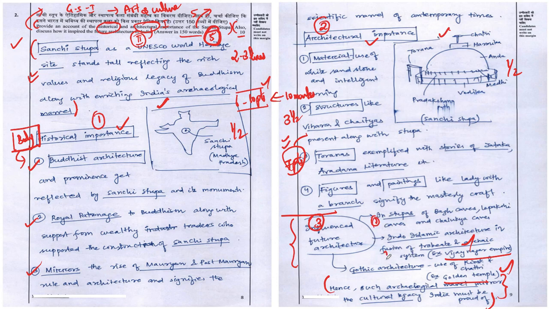Whereas, if you look at the second component of the question, which also carried 5 marks, this topper could come out with only 2 or 3 points at maximum. So he would have got just 1 mark at the max. For the introduction, which he has not ideally been able to write in 2 to 3 lines, he would have got half a mark, and for the conclusion also he would have got half a mark.